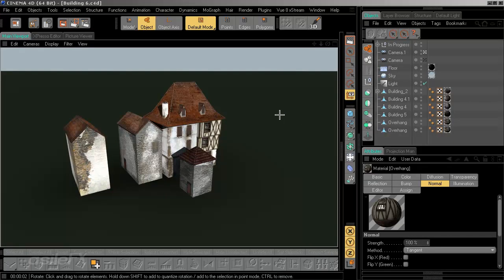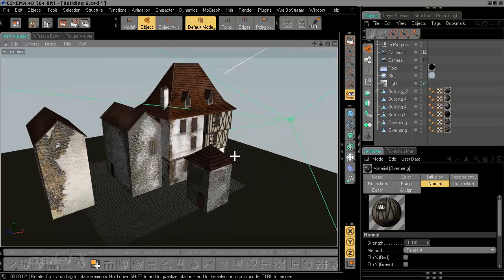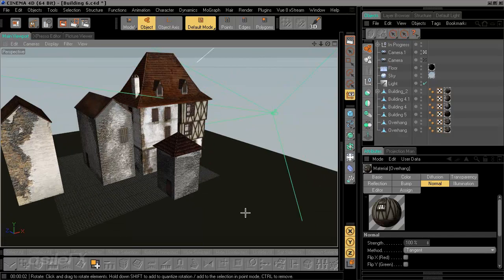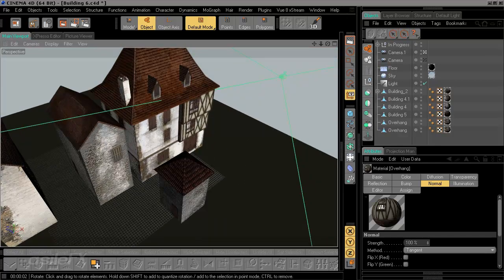Here are a few of the additional buildings I've been working on for the shop, and these are going to be pieces that I'm able to use along with a couple of different textures to piece everything together. And the section that was modeled earlier is not part of this scene. But I did want to show you some techniques for different roof types, because we really only covered one roof